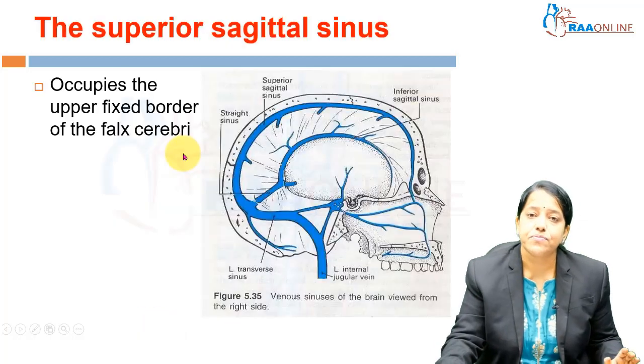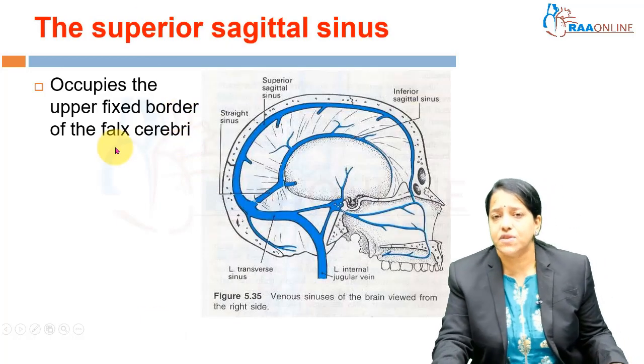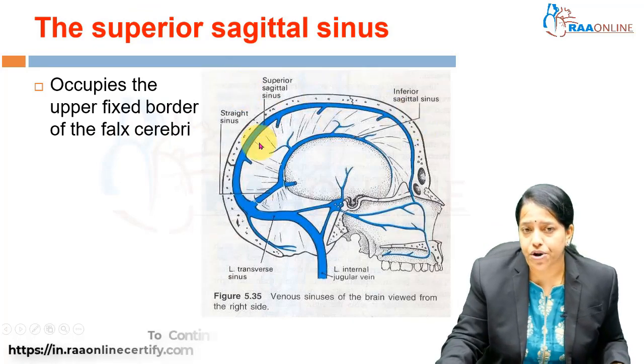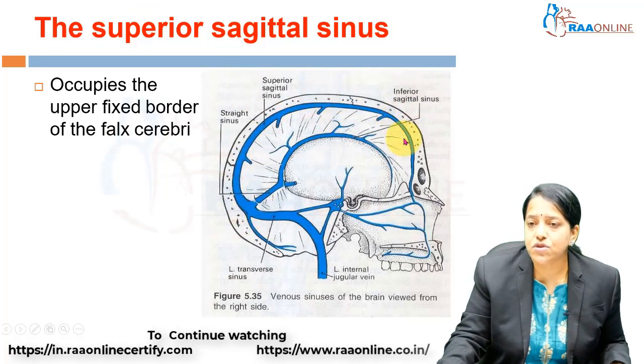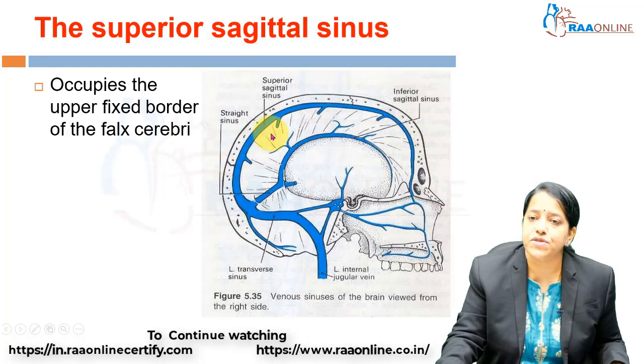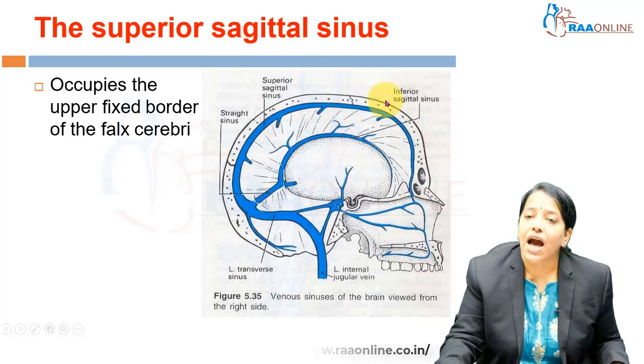Now, coming through each sinus, the superior sagittal sinus occupies the upper fixed border of the falx cerebri. So you can see over here, this is the superior sagittal sinus, this is the falx cerebri which will separate the two cerebral hemispheres, and this is